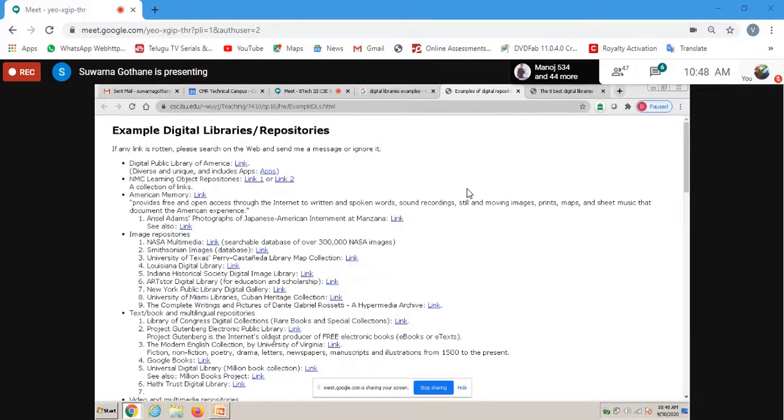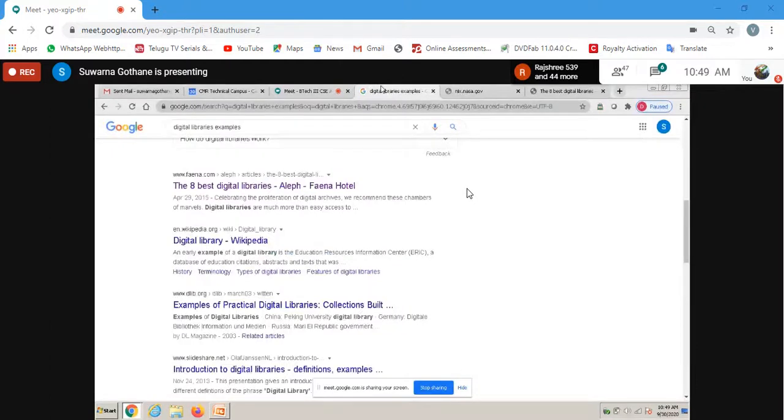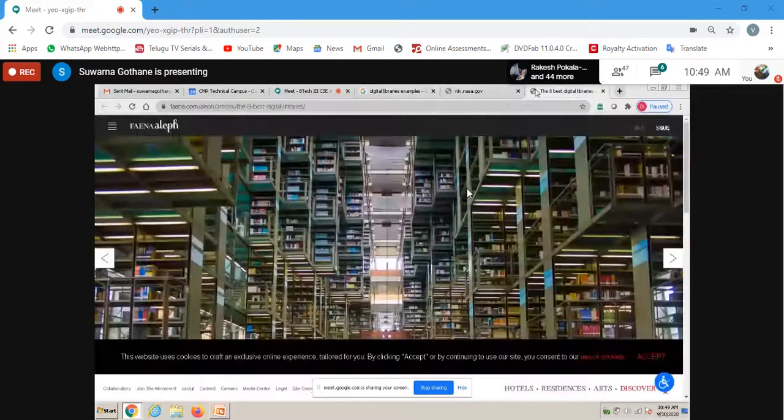It is nothing but a place where the data is managed. For Google Books, a different library is going to be there. Universal Digital Library. Likewise you can open one of them and look into it. Some images will come. Maybe this is not working right now, or sometimes the sites may change.